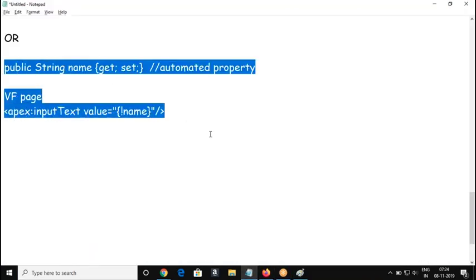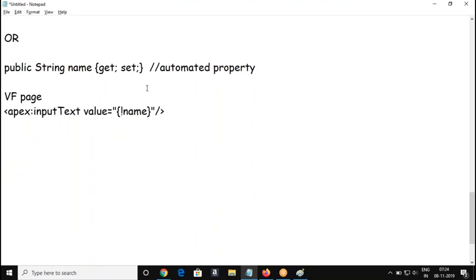Don't try to see this as a complicated design. If you don't declare anything, the variable cannot be read by the Visualforce page. The variable is not accessible by the Visualforce page. In order to access this, we are going to use a keyword called get set. That's it. The variable is providing read access and write access. Both are given. It means the variable can be readable and the variable can be writable.